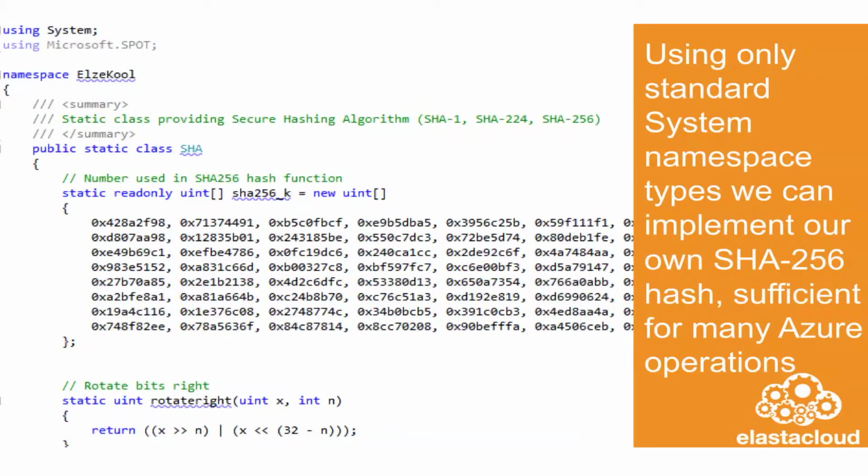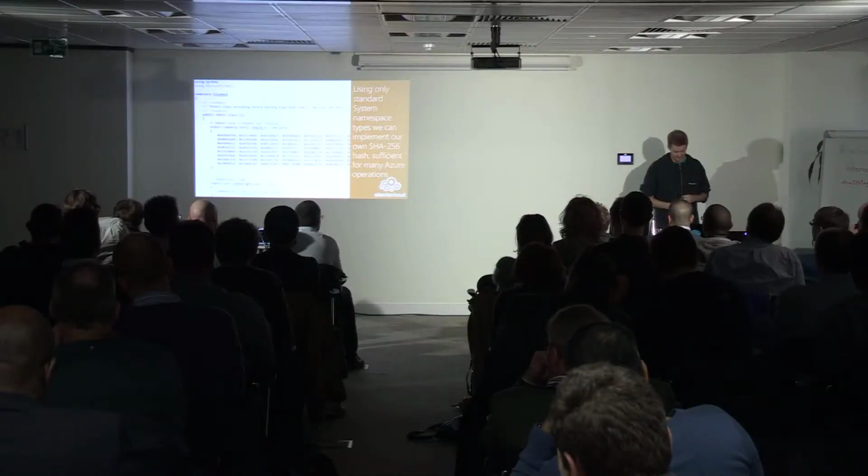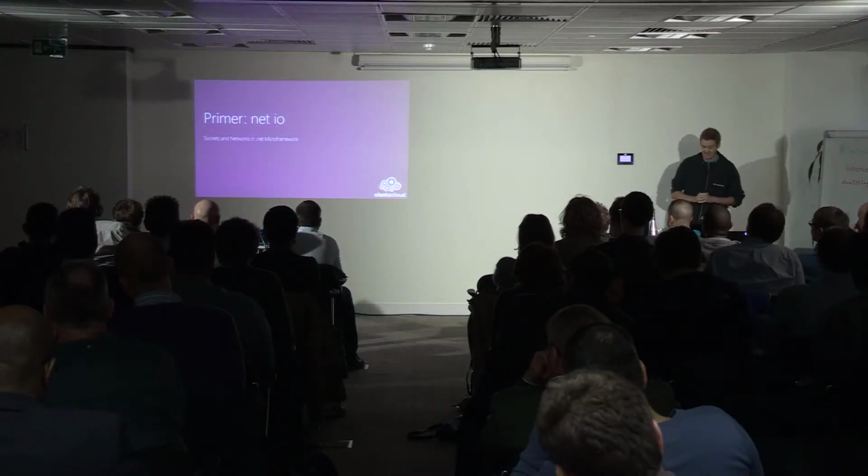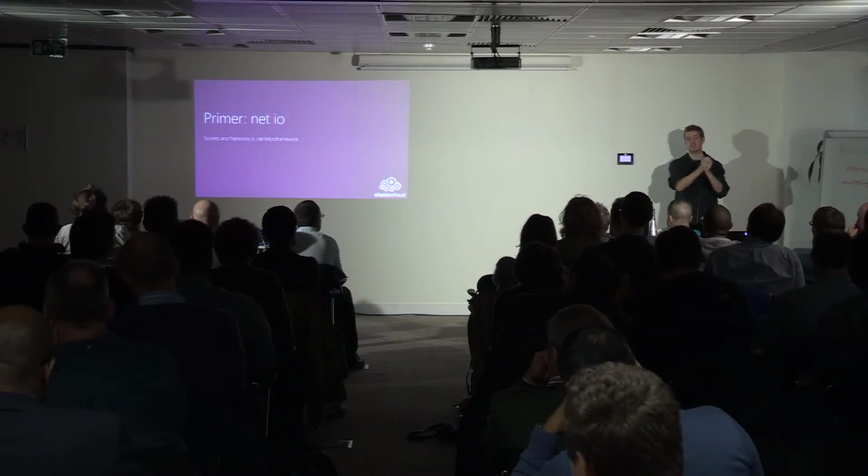Maybe not chap, I don't know. Anyway, it's a very simple application. It doesn't use anything outside of System. It's got Microsoft.SPOT as an include as well, but as you see, it's not used because it's in grey. And it's a SHA-256 hash. Sorry, it wasn't 512, which is all you need for most of the Azure applications I'll be showing you in a few minutes.